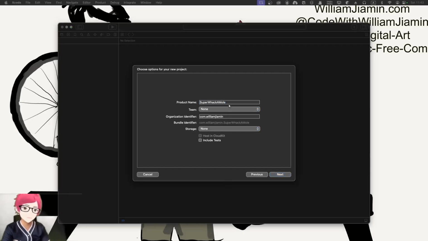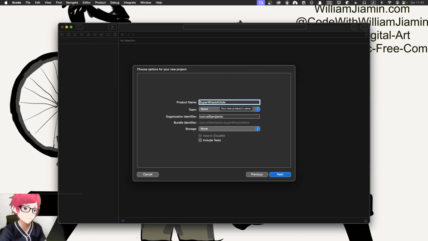Alright, I just found out that first, I spelled whack-a-mole wrong. The second is that whack-a-mole is a trademark, so I can't use it. Maybe just super whack anything. Yeah, maybe just super whack anything, because I want this game to be extendable,